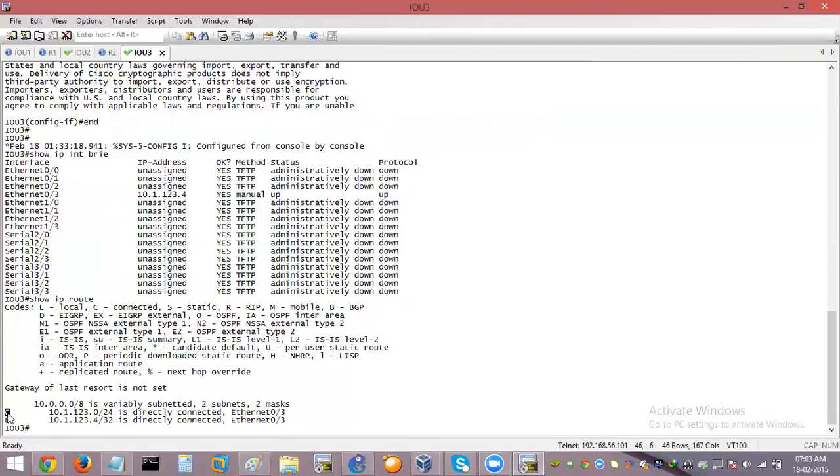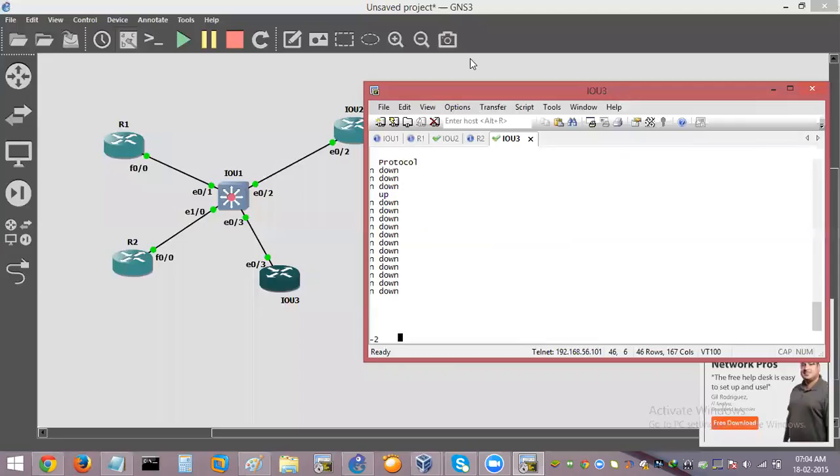Now this connected route, this 10.1.123.0, the network information, /24 is the network mask information, prefix length information, and then Ethernet 0/3 is my exit interface information. So you see any entry, whether it's built up of RIP, EIGRP, OSPF, BGP, no matter which routing process I'm using to learn my routes, those routing entries are always going to have these three pieces of information. So right now,